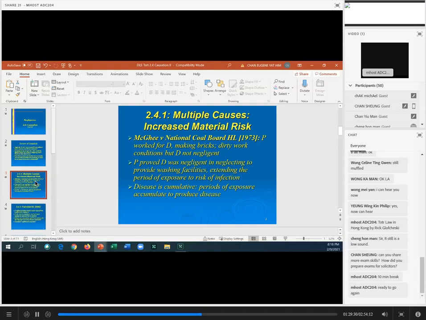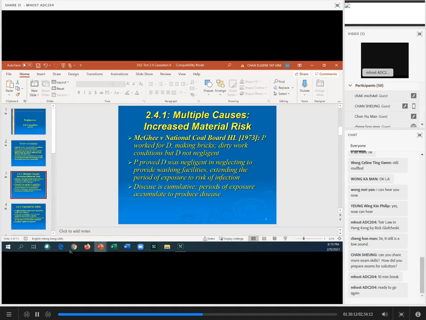But the plaintiff appealed to the House of Lords, and the House of Lords took an attitude very much pro-employee. They said he may not be able to satisfy the but-for test, and remember, the burden of proof is on the plaintiff to prove causation. But Lord Reid held that in such a case the court should take a broader view of causation, and that the plaintiff was entitled to succeed, quote, if he can show that the fault of the defender caused or materially contributed to his injury. Caused or materially contributed.